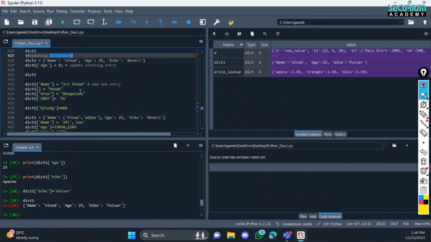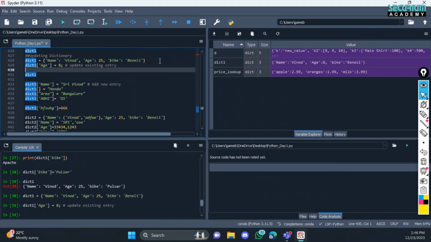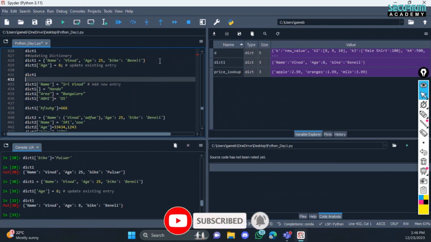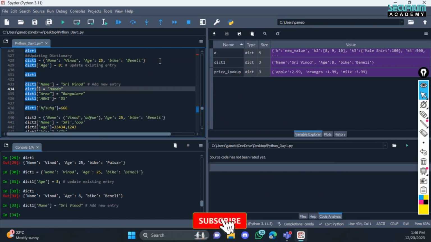The next example is updating dictionaries. What we are doing here: we have created a new data set by the name same, name Vinod, age 25, bike Benelli. When we try to update an existing entry, like for example age 8, we are trying to change that. The age is changed to 8. We are trying to change that name. Name is changed to,